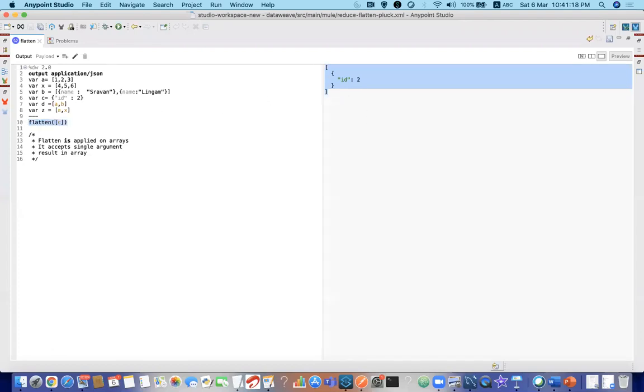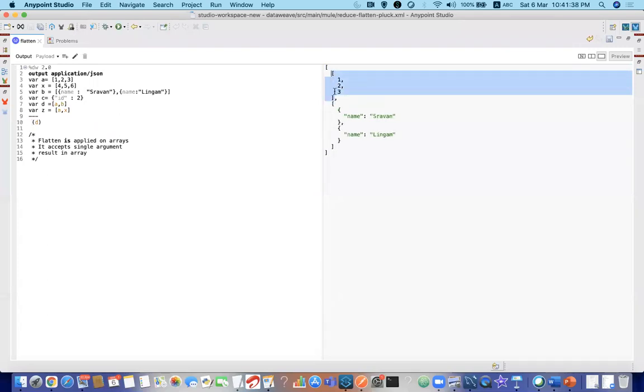Now, for example, D. What is D? D is combination of A comma B. 1, 2, 3, name, name. Okay. Now I want to flatten this D. So what it is ideally doing, it is removing this extra square brackets, and so if I remove this flatten, what we are having is we have two combinations of sets of arrays. This is one set of array and this is another set of array. To combine those two which are separated by commas, this flatten will merge those two parts. Clear, everyone? Yes, no?